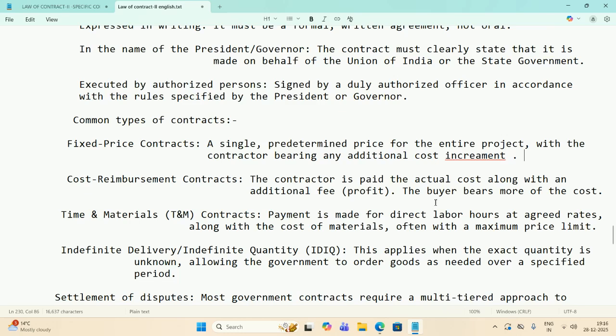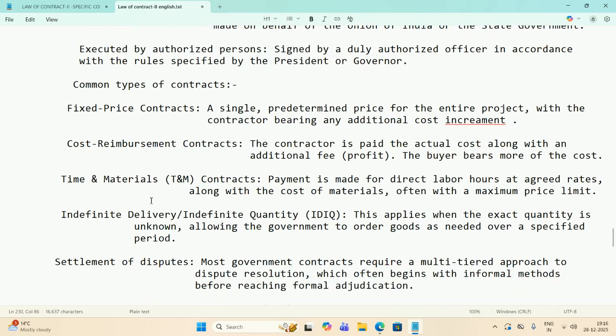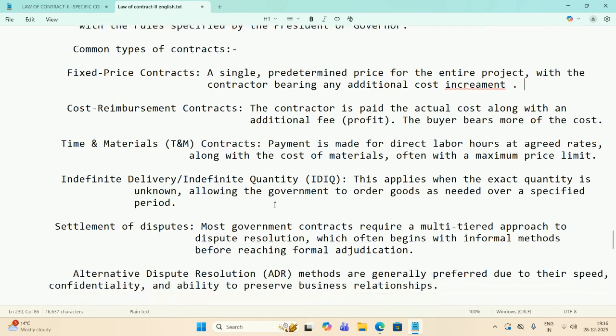The buyer has to bear more of the cost. Time and material, T&M contracts: payment is made for direct labor hours at agreed rates along with the cost of materials, often with a maximum price limit. Indefinite delivery, indefinite quantity, IDIQ: this applies when the exact quantity of the contract is unknown,